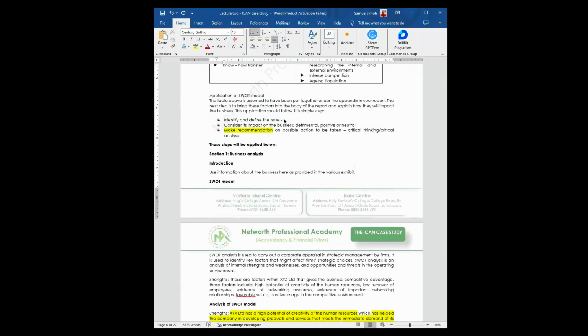The issue here is that, the fashion business, let's assume ABC Fashion Limited, has what? Experienced staff. Okay, that is the issue. Now the question becomes, if the company is having experienced staff in the fashion industry, it means,